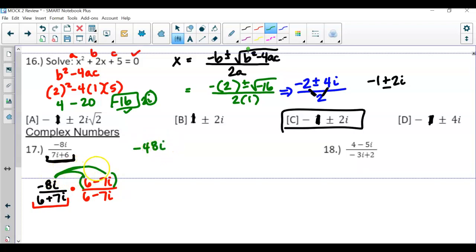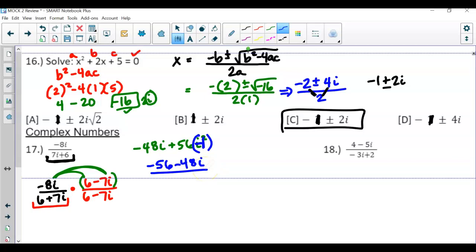Then negative 8 times negative 7i, positive 56, but i squared, because that's i times i. And notice i squared is always negative 1. So this isn't positive 56, this is now negative 56 minus 48i